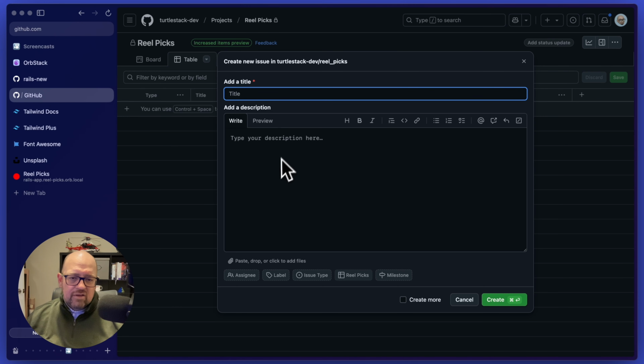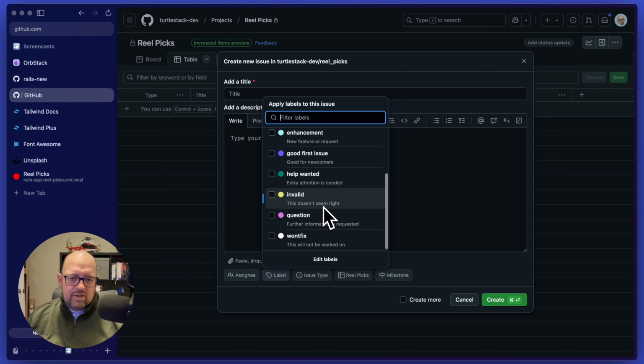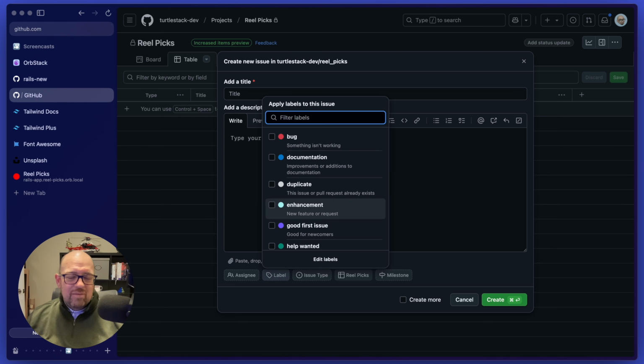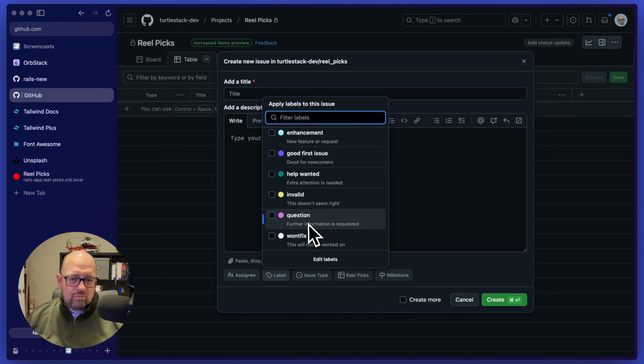You give it a title and a description. You can use these buttons along the bottom to assign additional attributes. If you want to assign it to someone, you can do that here. Any kind of labels that are in that repository. So if you have different labels set up for different repositories, then those will change depending on what repository you're